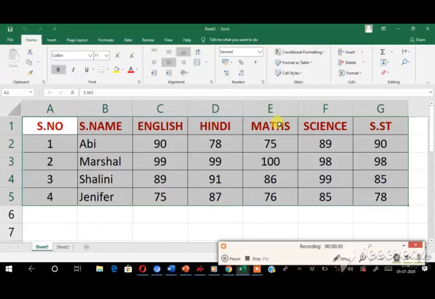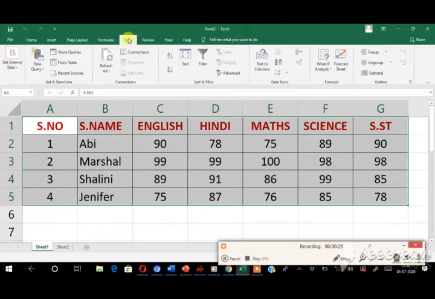Next option is filtering and sorting data. Filtering is a quick way to find a set of data in a range. A filter range displays only the rows that meet the condition specified for a column and the remaining rows are hidden from the view. This option is present in the data tab. Filters can be applied in different ways to improve the performance of our worksheet. You can filter text, dates and numbers.